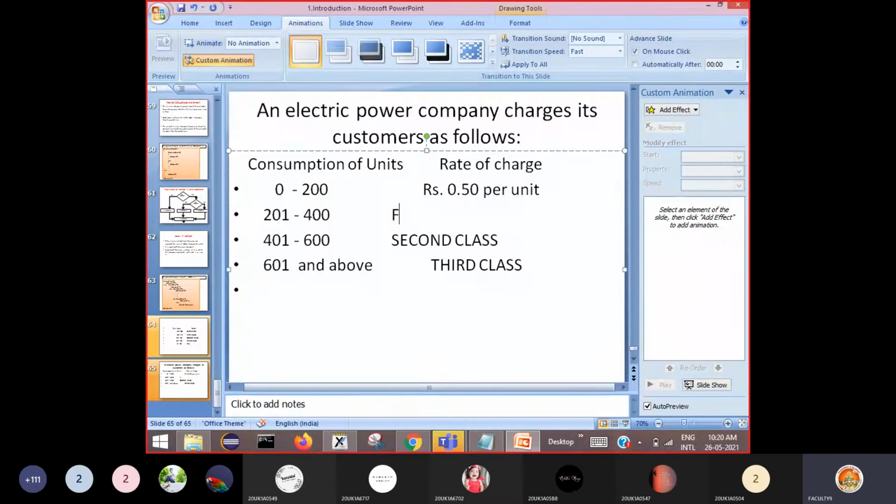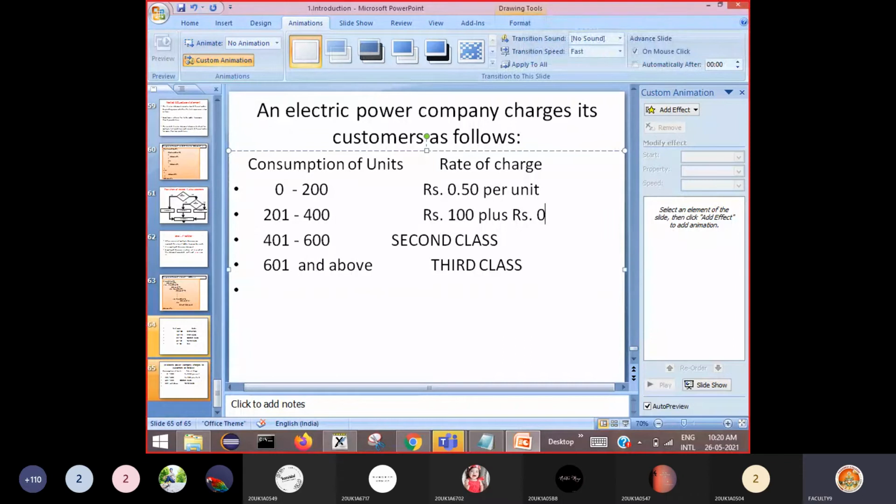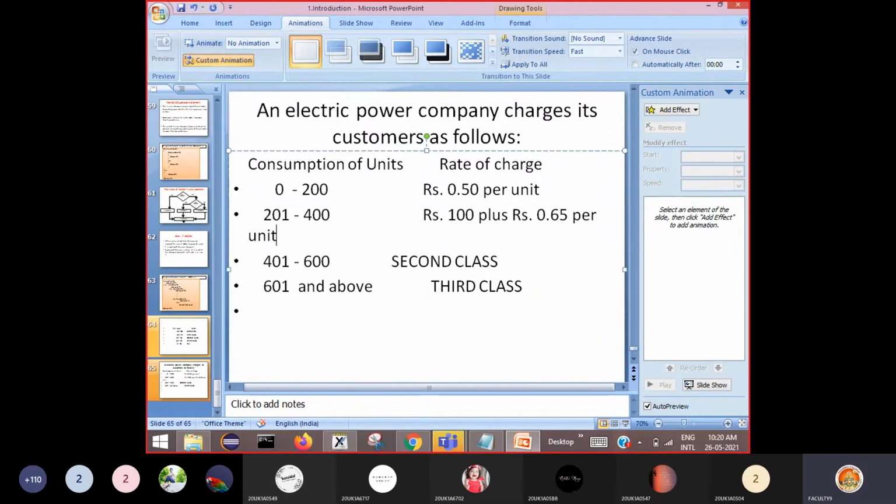And if it is between 201 to 400, this is rupees 100 plus rupees 0.65 per unit, that means 65 paisa per unit, in excess of 200.